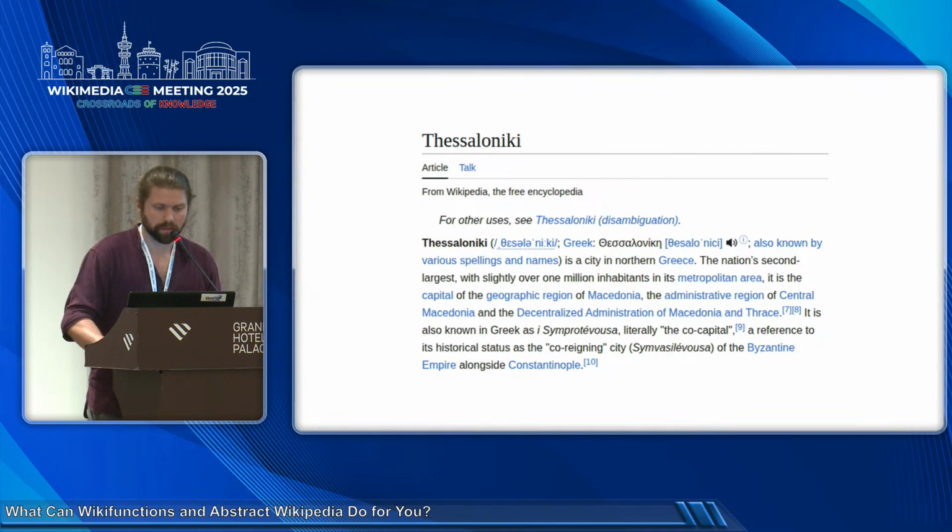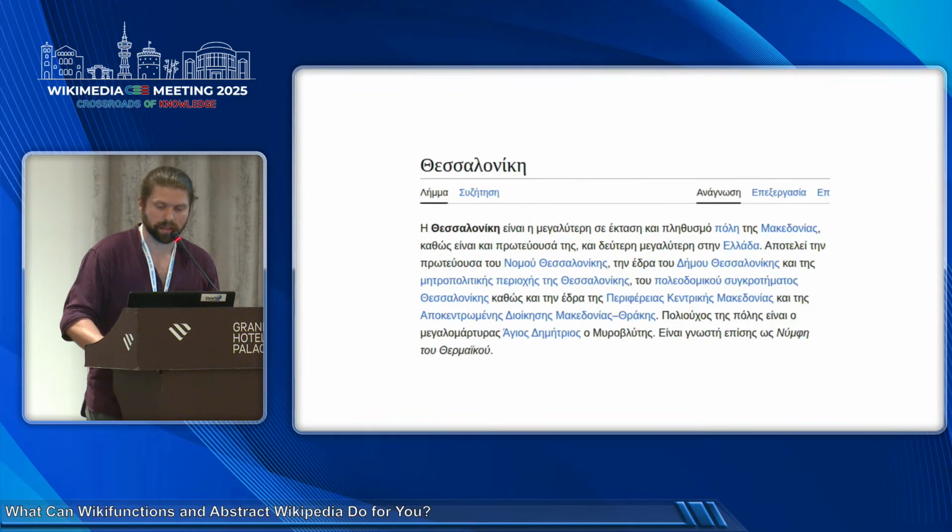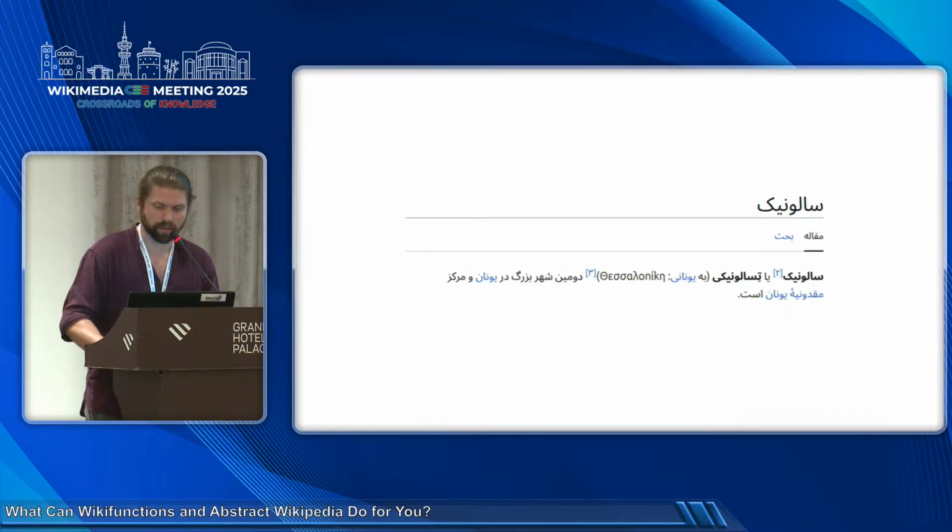So as an example, we have here Thessaloniki, and we have a bunch of different facts about Thessaloniki. One would be that it is the second largest city in Greece. We have here the same thing in Greek, and then the same thing in Persian. So Dovomin shahr-e bozorg dar Yunan, that's the same fact, the second largest city in Greece.